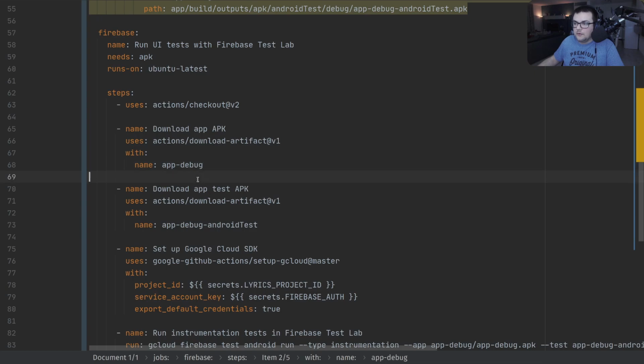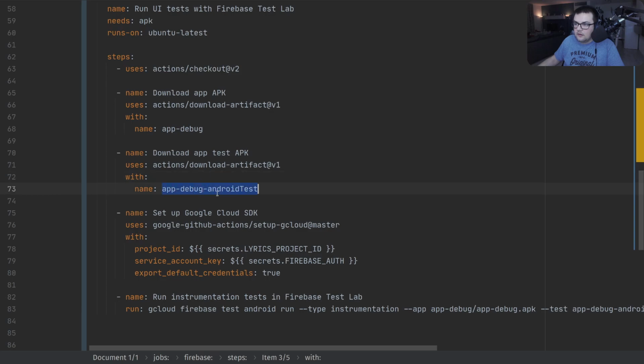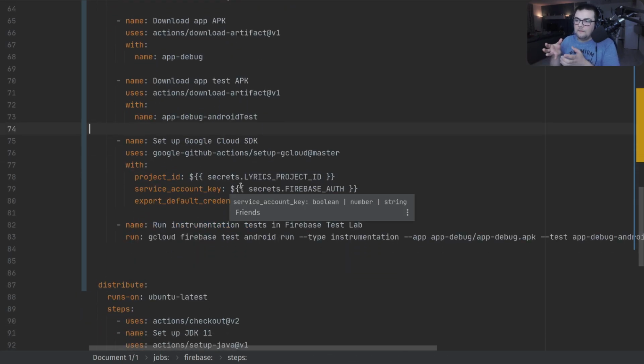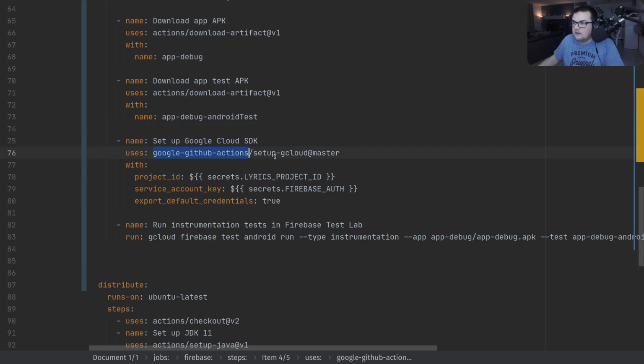Then the name we put the same, and we also download the app test APK, and the actions download as well, and then also the same name. Now this is the important part, is that we have to set up the Google Cloud. There is an action provided by Google for this, which is called, here it is, Google GitHub Actions setup gcloud